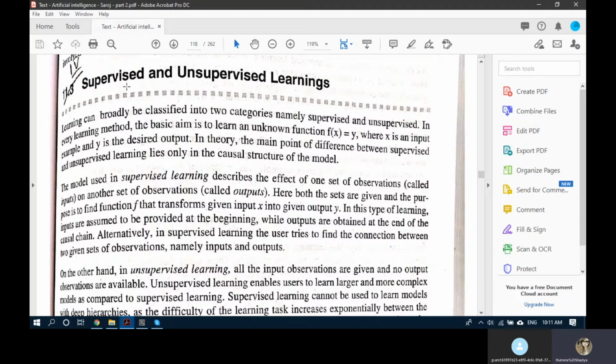The system has to ensure that it forms a group of all related objects together and comes up with clusters of similar kinds of objects. For instance, if a teacher gives you